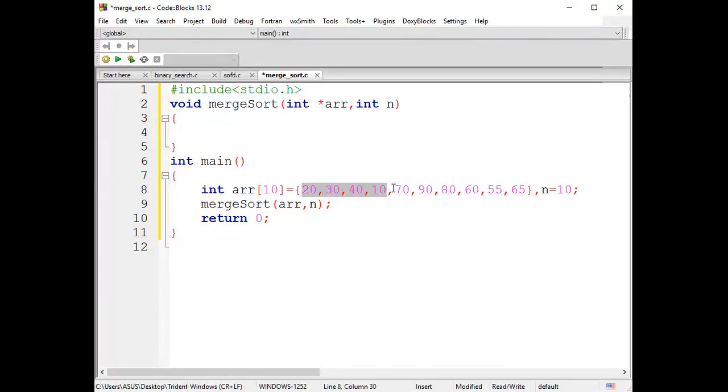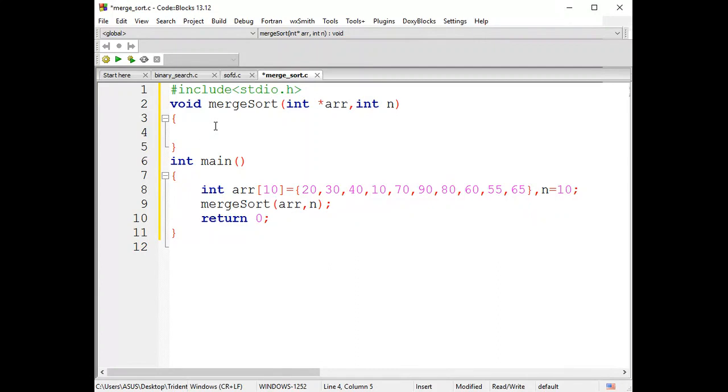So what happened? I'm going to divide it by 2, where the first 5 elements will be stored in one new array. Each and every time you divide, a new array is created, as we say, continuously dividing, right? So this will be the left array and this will be the right array. Again divided, this element will act as a left array and this element will act as a right array. So continuously you're going to divide it by 2. We'll see what you're going to do.